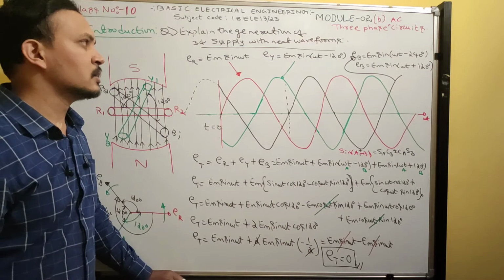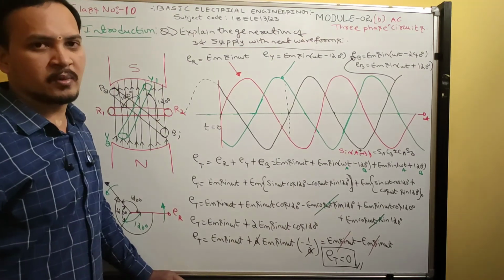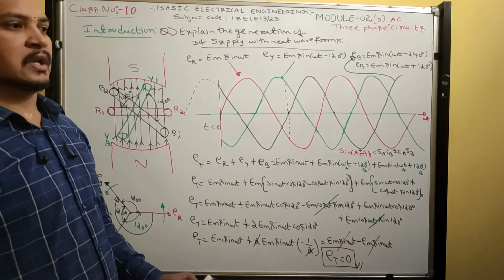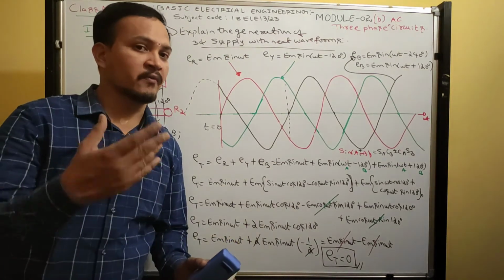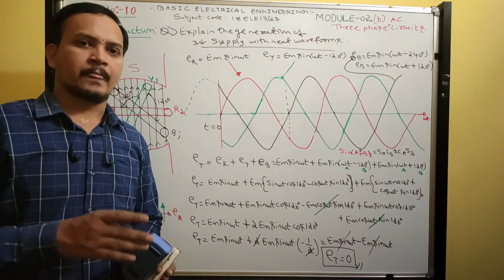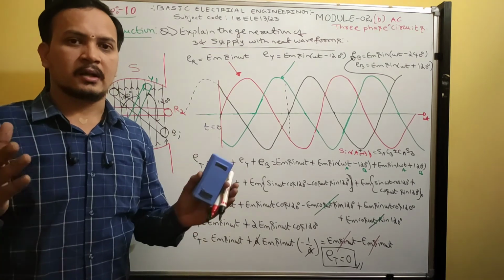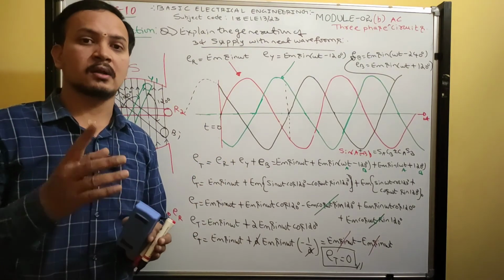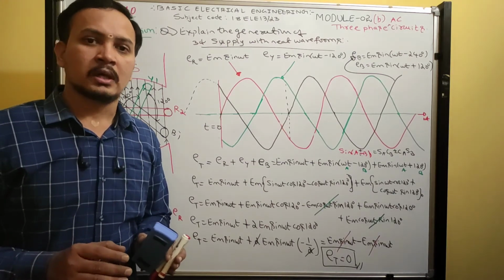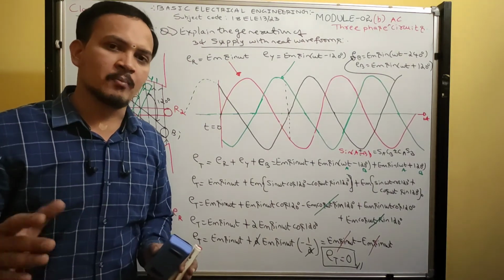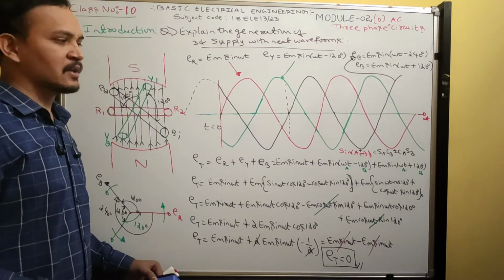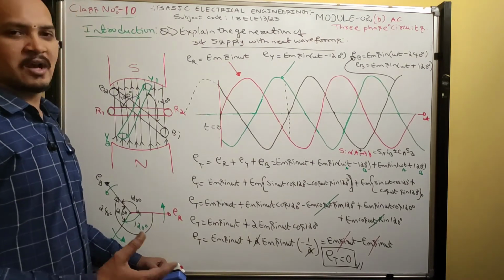So what they will ask is, what do you mean by a balanced supply system and an unbalanced supply system? You should say like this. The three-phase generator will produce three-phase voltages. If I add all the voltages at any instant of time, the resultant voltage should be 0 at any instant of time. That is called a balanced supply system. If we don't get 0, then it is an unbalanced system. Practically we have an unbalanced supply system, theoretically we have a balanced one.